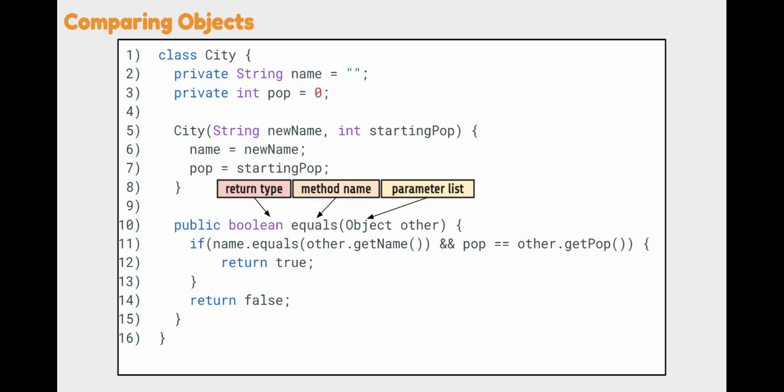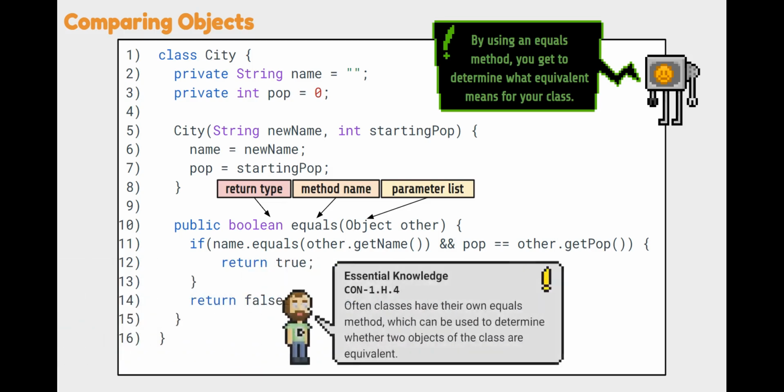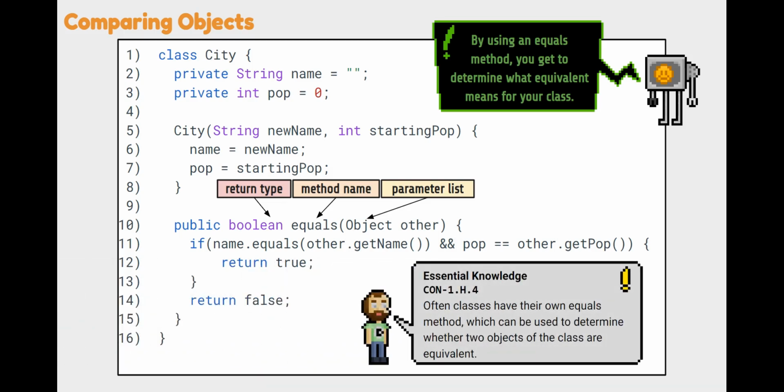So if you want to know if your objects are equivalent, you will have to write your own equals method. And in that equals method, you get to determine what equivalent means for your class. I decided that all of the instance variables need to be the same. You might decide that your objects are the same if only the names are the same, or if only the populations are the same, or whatever equivalent means for the class that you are building. This aligns with our essential knowledge. Often, classes have their own equals methods, which can be used to determine whether two objects of the class are